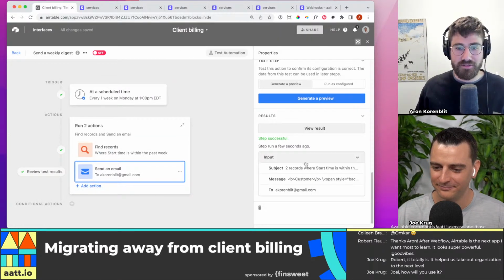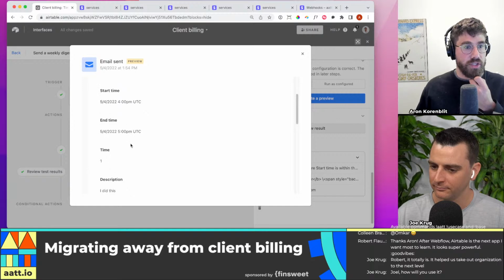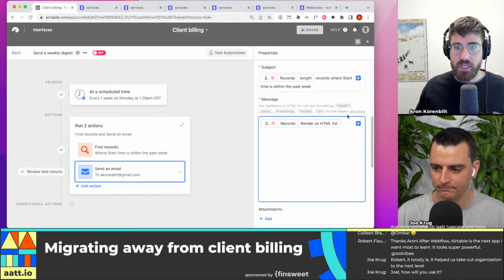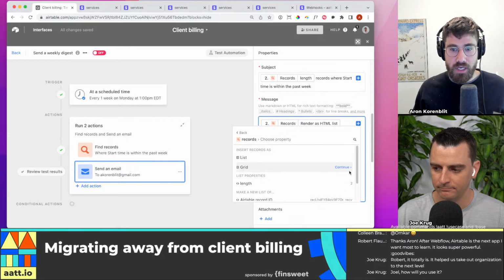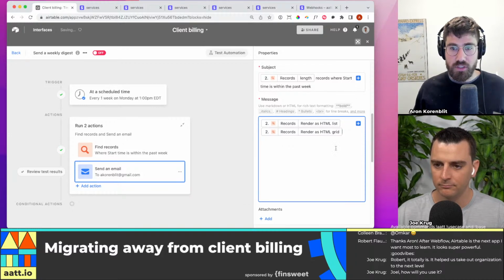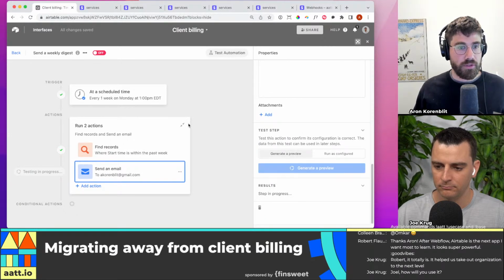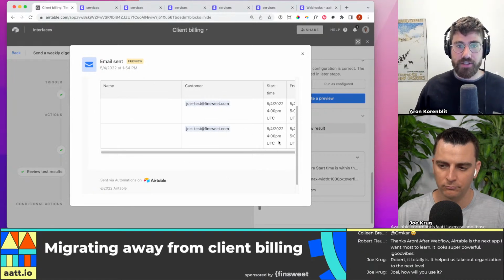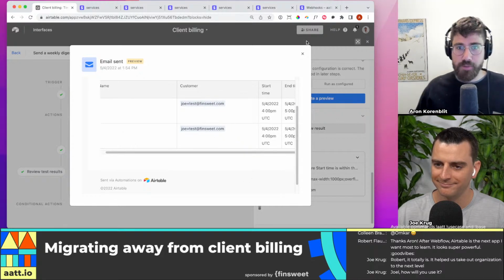Okay, here, generate preview, here we go. You can say, hey, here are the different line items. This one looks a little janky. You can actually make it a little more, instead of an HTML list, go to step 2, records as a grid. Name, customer, start time, end time, description, insert, and this. Let's generate a preview. And yeah, you could say here are the 2 things I did for you. I started here, I did this, here's how much it cost you. The email will look better in your inbox, but that's an idea as well.